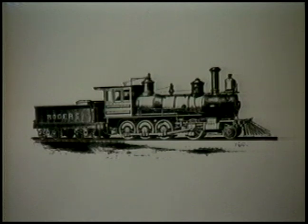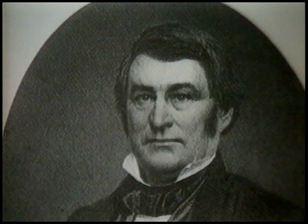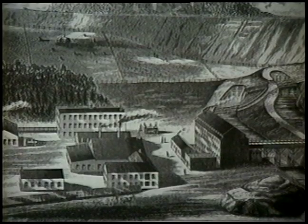was the locomotive industry. But Thomas Rogers had come to this city in 1832 as a carpenter. In 1835, he was asked to assemble an imported British locomotive, which he did. But he felt he could make a better locomotive, made a pattern of every piece, and proceeded to do what he said, make a better one. He did improve on the British designs, because American terrain is not British terrain. And his locomotive shop grew from just a building or two on the corner of Market and Spruce Street here